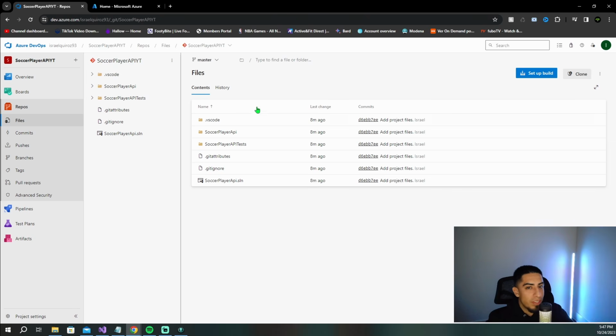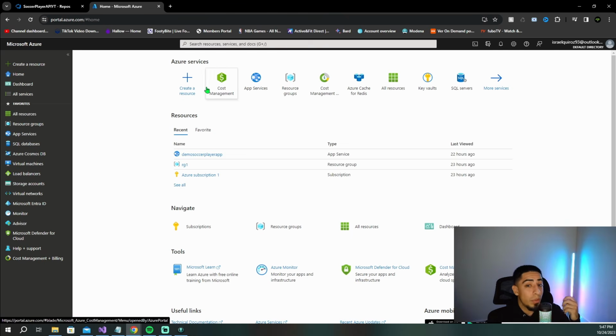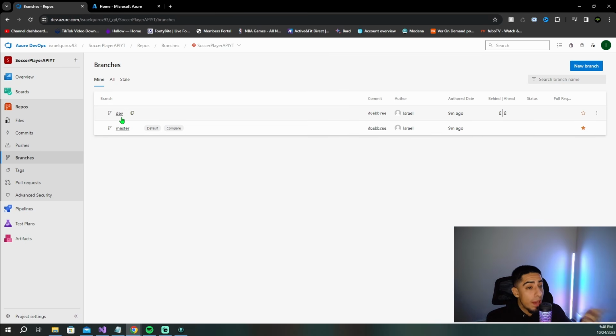But now that we have our branches and our code pushed into here, and we can see that we have our two branches here, I'm going to switch to dev because that's what we're going to start with. We now want to go to Azure over here, and we want to create a web app because we want to have our production environment to actually deploy to later on using our pipeline. So now that I've created my two branches, but also set that policy on dev so that it doesn't just get pruned whenever we do a PR,